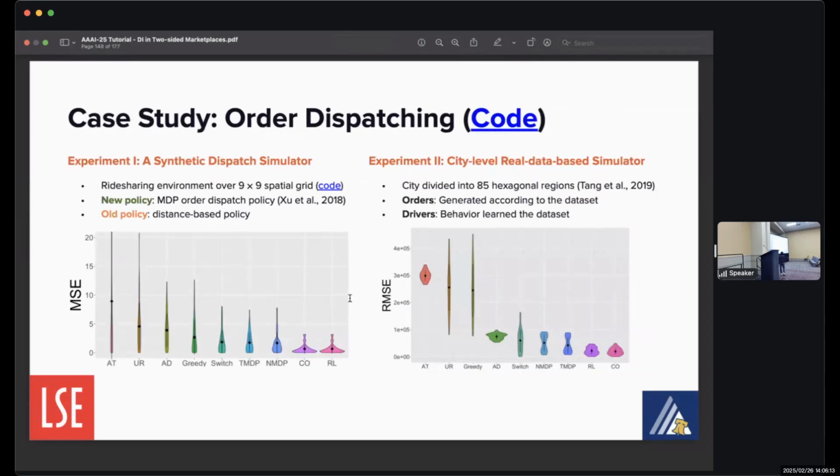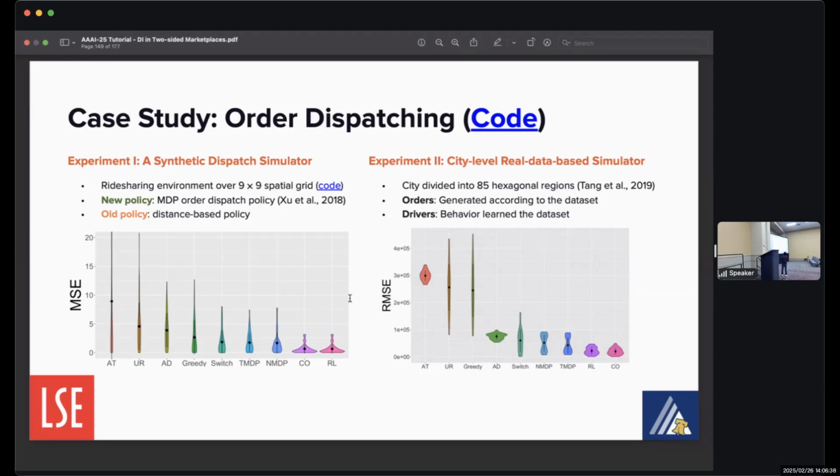And finally, I just want to show you a case study to compare all these designs that I have just mentioned earlier. So here we conducted this study, and the code is available. Again, we will post the slides so that you can have access to the code. So here we consider three experiments. In the first experiment,